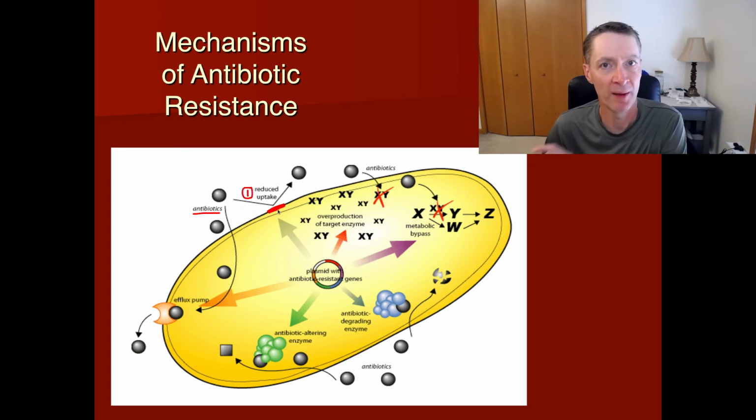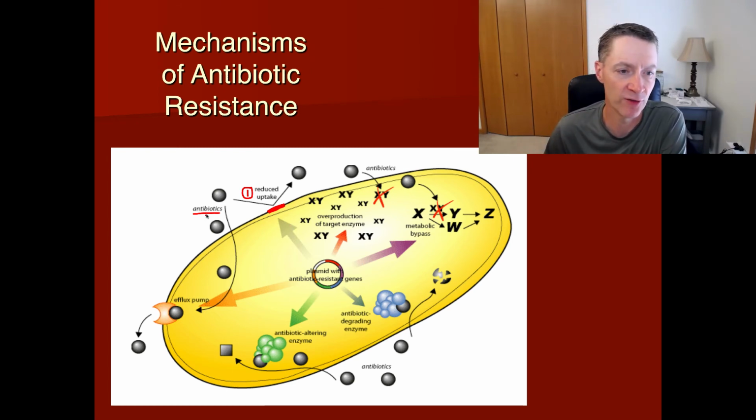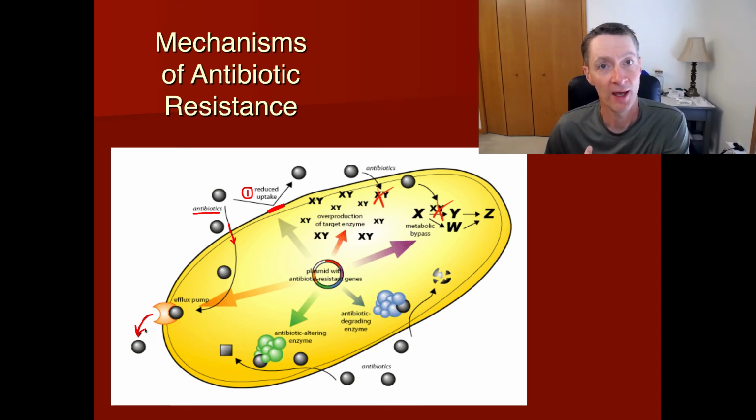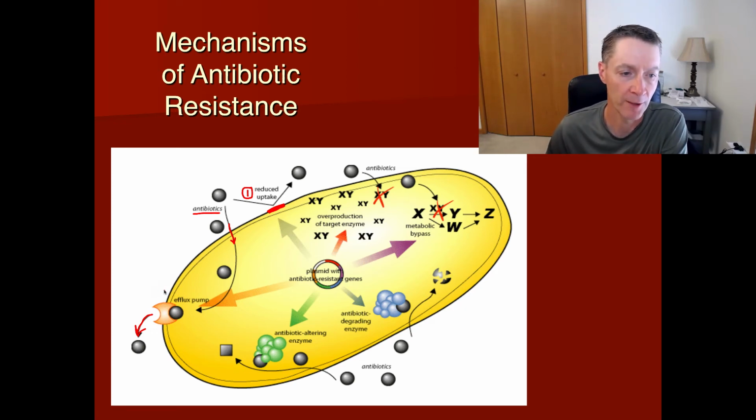Now related to that, because it has something to do with quantity that can access the cell, let's say it does not reduce the uptake, the antibiotic gets in no problem. Well, if this cell has a gene that codes for a pump in the envelope, in the membrane, and it's constantly pumping the antibiotic out actively, well, this will also reduce the quantity that has access to the inside of the cell, right? It gets in, but it's pumped immediately out again. So this would be an efflux pump, okay? And so we have number 2 here, and you see how they're related, right? Because they both have to do with how much antibiotic is in there